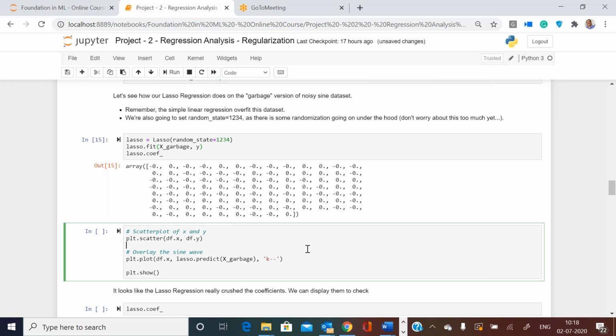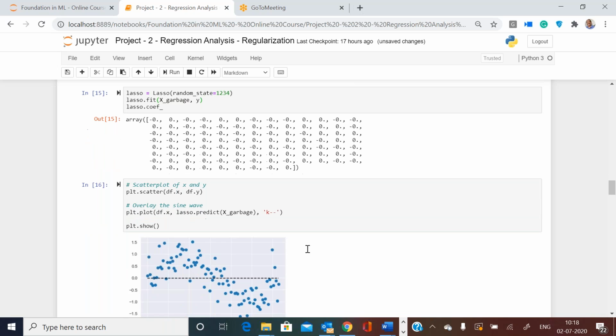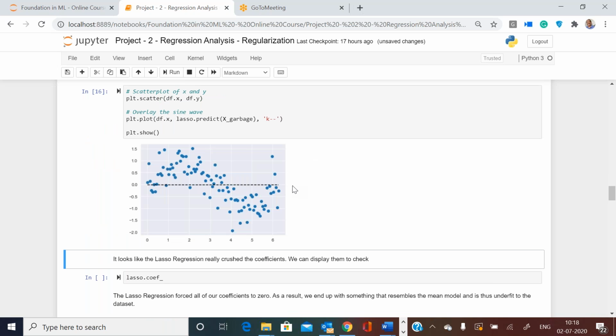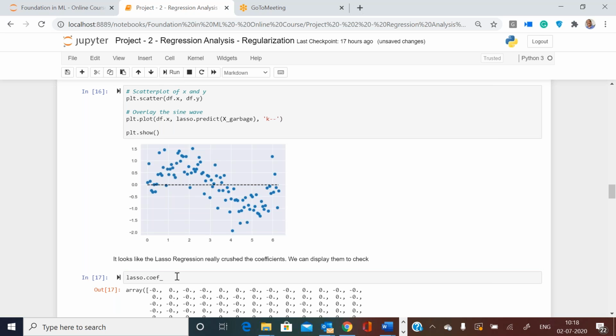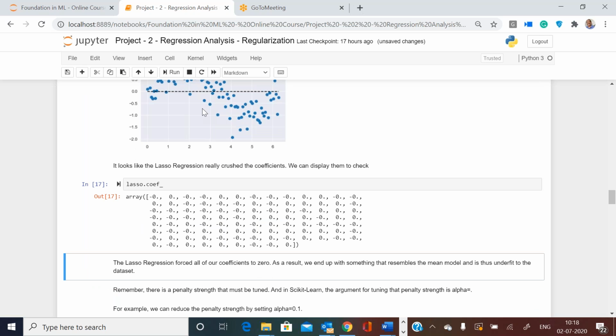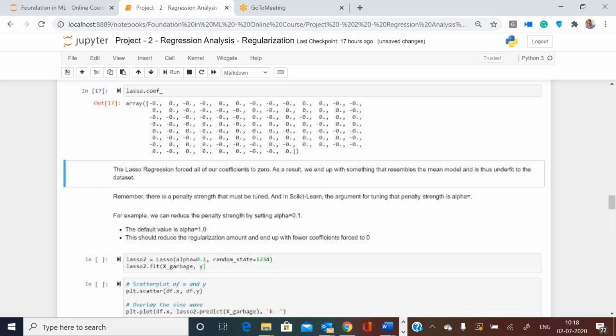Let us see the plot and see how this model looks. This model slope is already 0. It is an underfit model. So now if I want to tune this, I cannot increase from default, I have to reduce from default. The lasso coefficients with lambda equal to 1 by default already show all betas made zeros, so it has removed all features. I want to reduce and see.